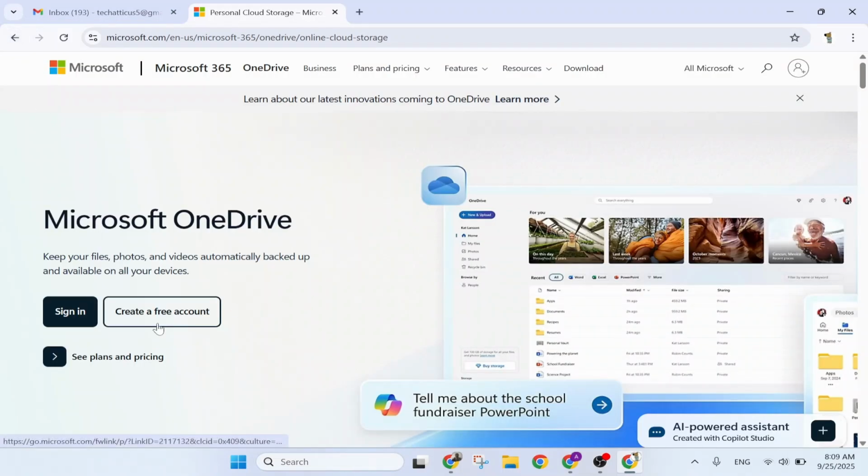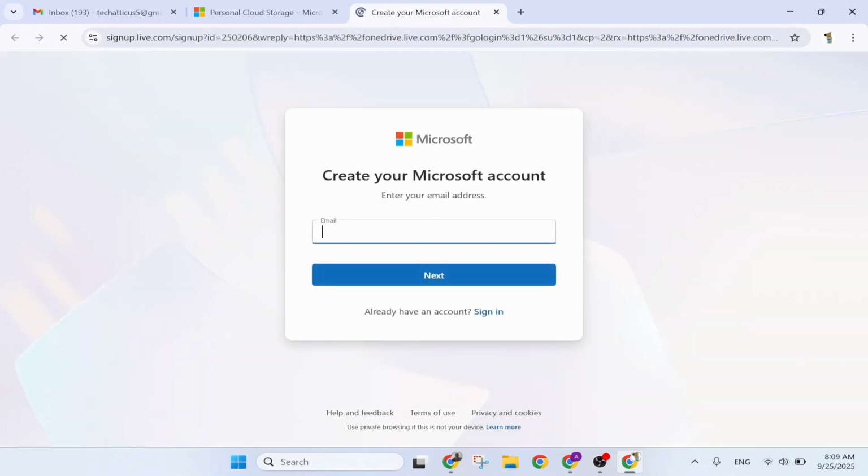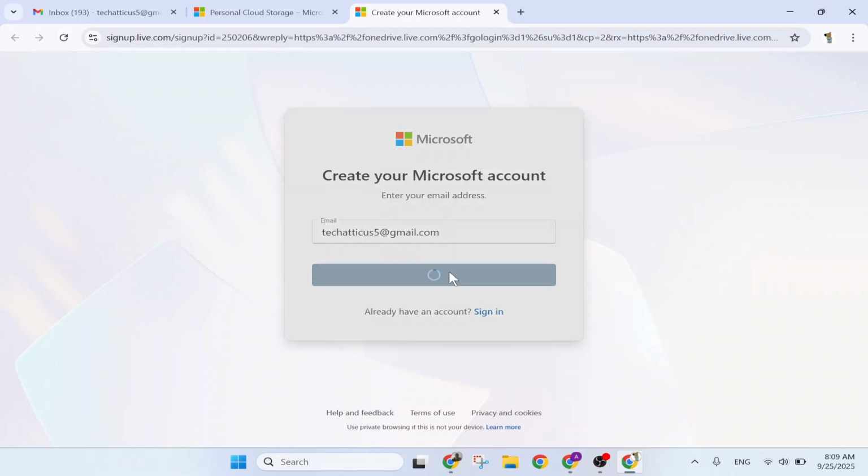All you have to do is tap on create free account. There you can see create free account. Tap on that and it will prompt you to another page. So let the pages load and enter your email address. After you do that, tap on next